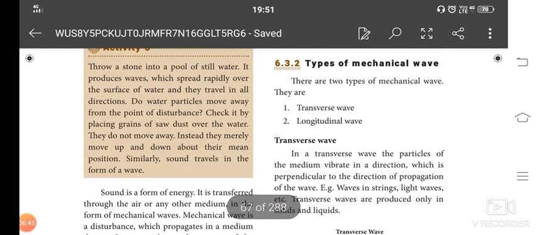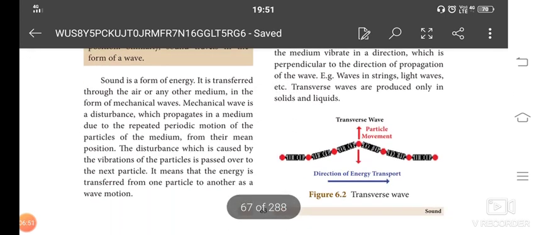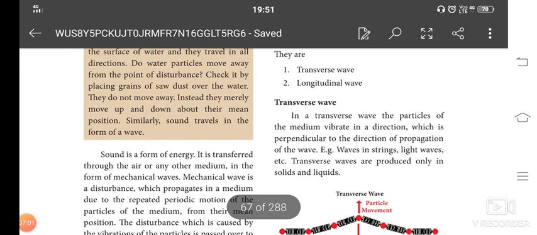Sound waves. So sound is also in the form of a wave. How are these sound waves moving? It is also a form of energy. When there is periodic motion, periodic means for a particular time it is moving from one place to another place, that energy is transported through the wave motion.